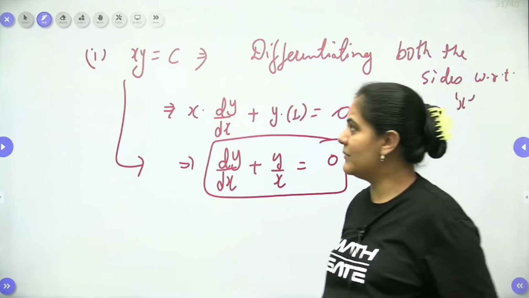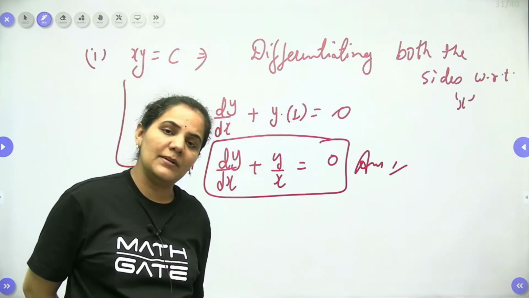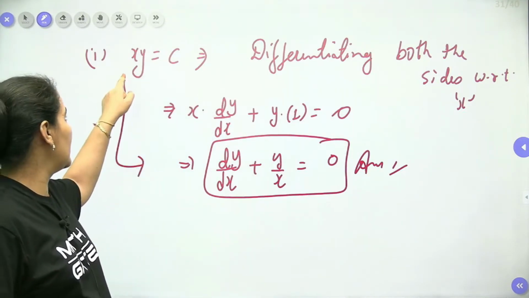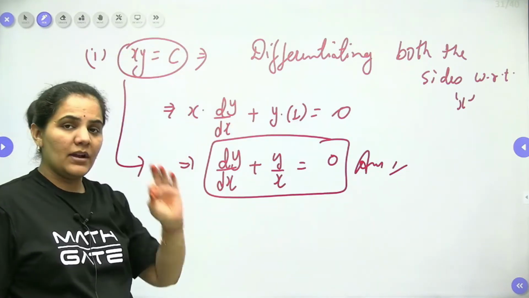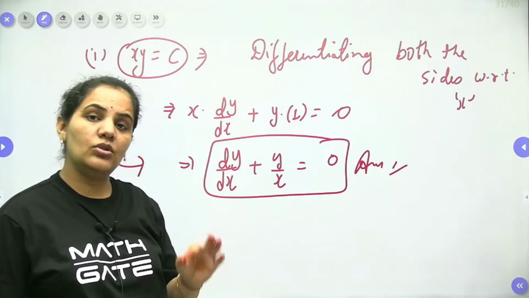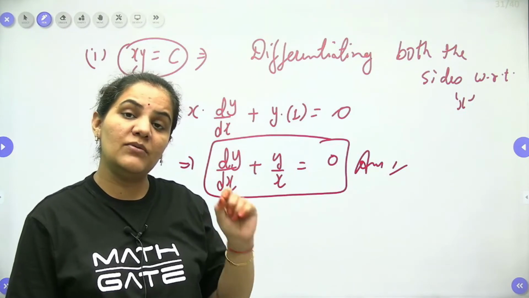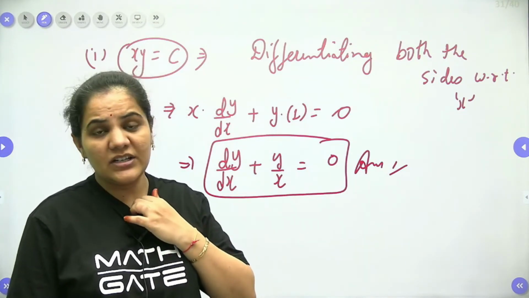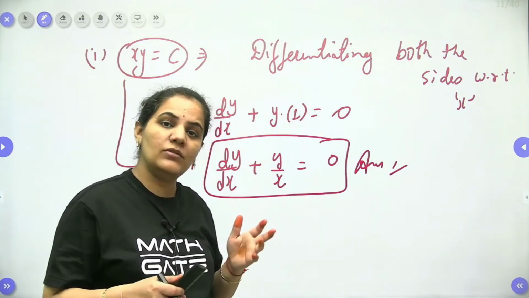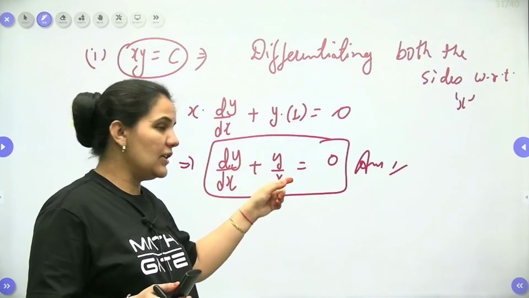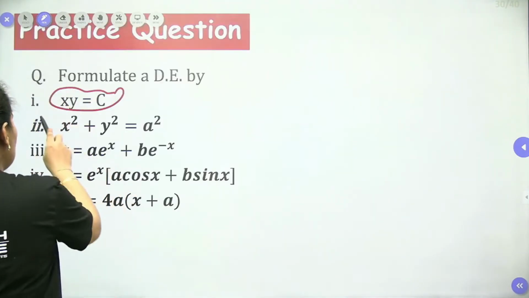So I think you are getting my point, how we can approach when we have one arbitrary constant. We have to do the differentiation one time only. Here we have only one c, so we have to remove that one, because a differential equation should be without arbitrary constant. It's a very important thing to remember, dear students, because so many students write down the arbitrary constant as it is in the flow. That is definitely wrong.